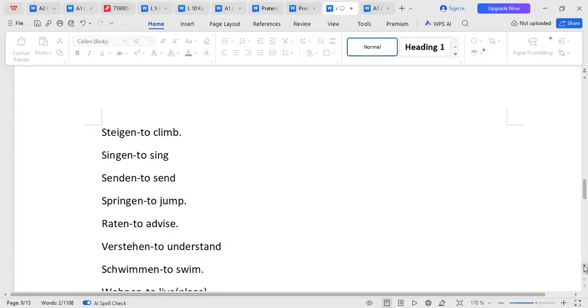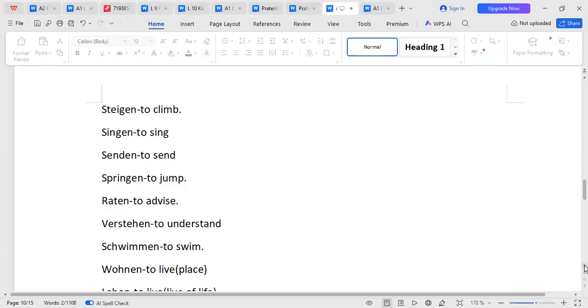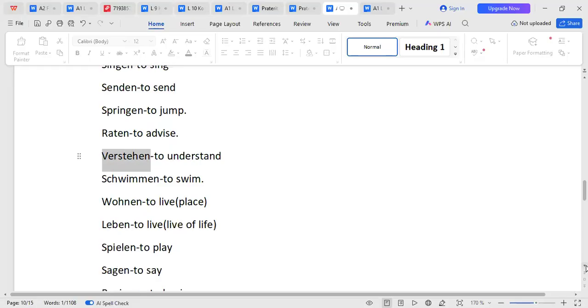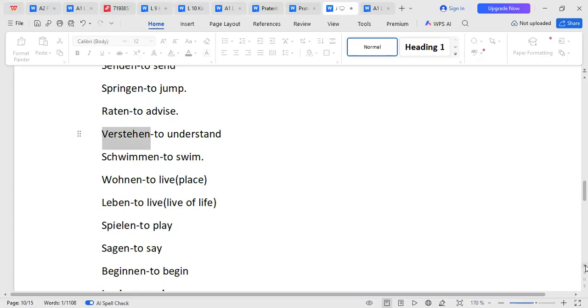So verstehen is to understand. Depending on what you want to say, I understand, ich verstehe. You understand, du verstehst. So if I say Benjamin understands, Benjamin versteht. The rules of conjugation. We understand, wir verstehen. The rules of conjugation remain. In the list of verbs we have spielen and so on, which you can know. So maybe you can take and try at home.